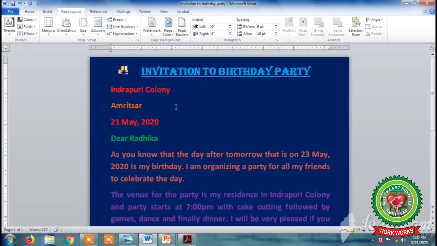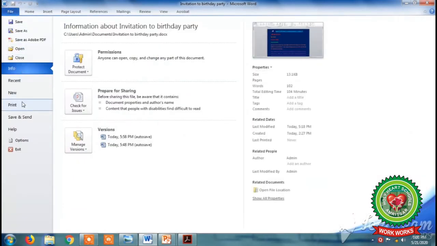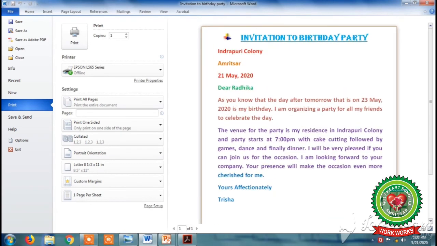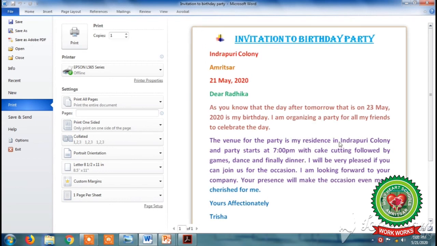And to print this letter, we will click on File tab, click on Print option. Here you can see the preview of your letter. You can drag the slider at the bottom right corner to increase or decrease the size of your letter.